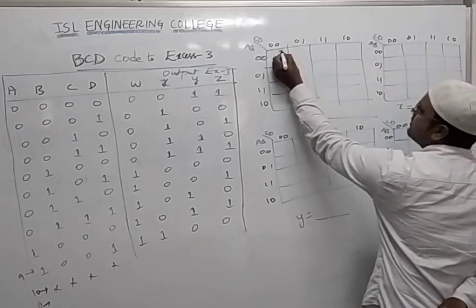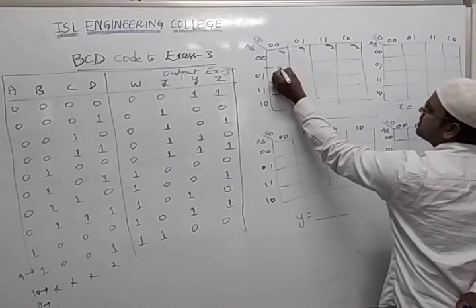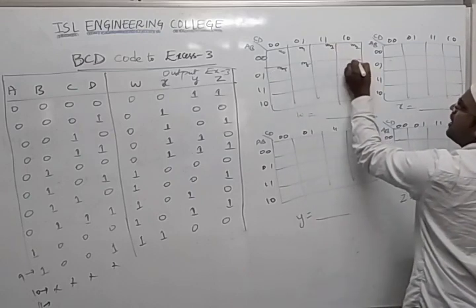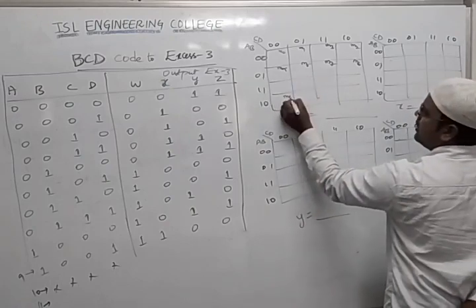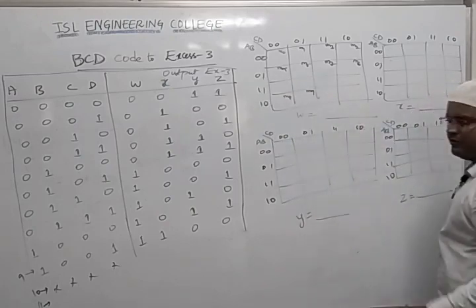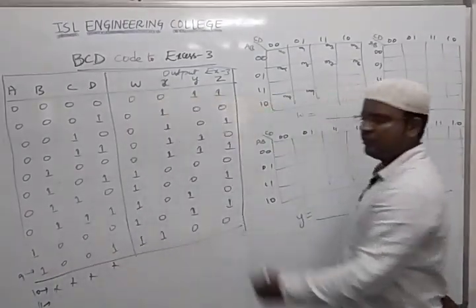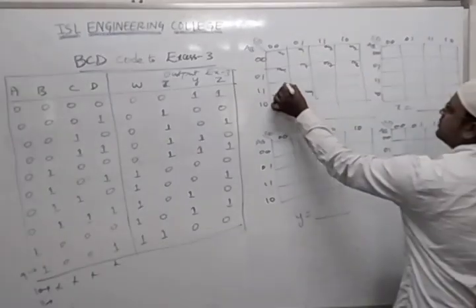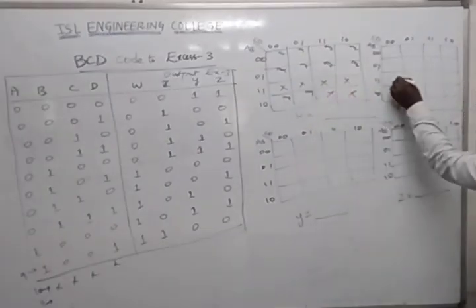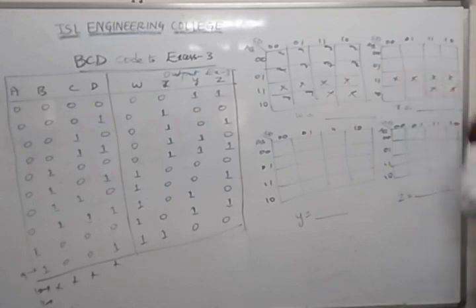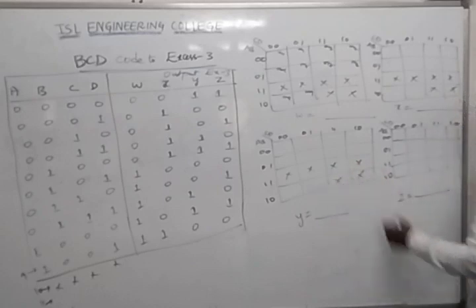First, meantime M0, M1, M2, M3. Next M4, M5, M6, M7. Then after that, where will we go? M8, M9. Till M9 only we have in our truth table, as you can see, values are only this much. We don't have further. For the remaining values we put the cross mark, don't care. In all of them we mention the cross mark because we are not taking these values. So these are called don't care.